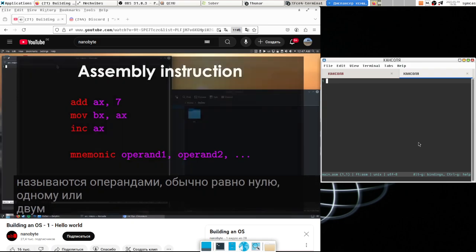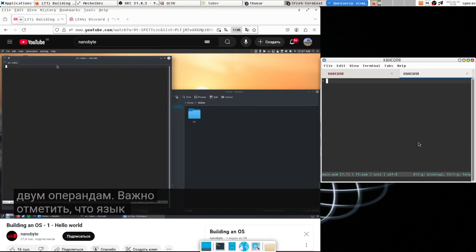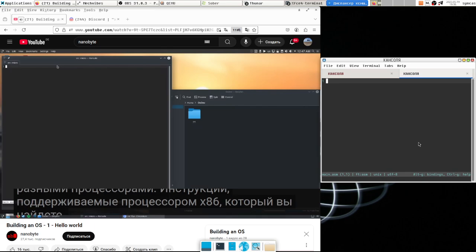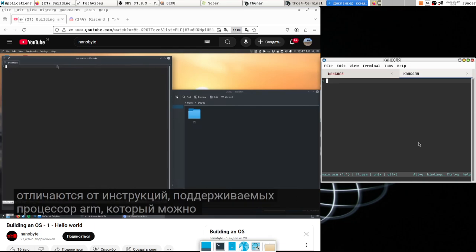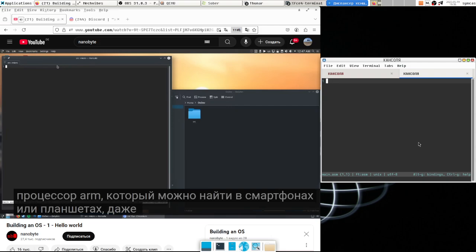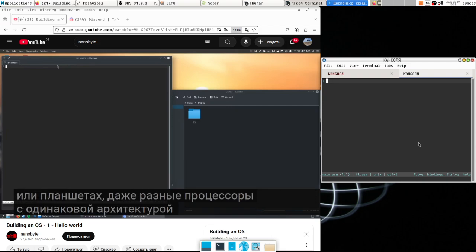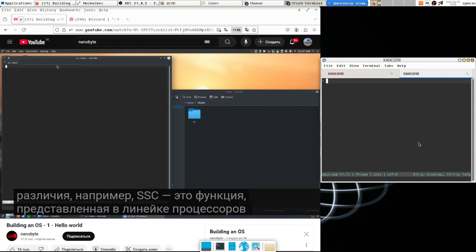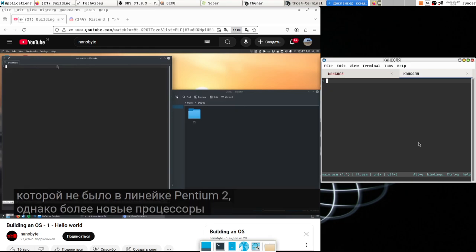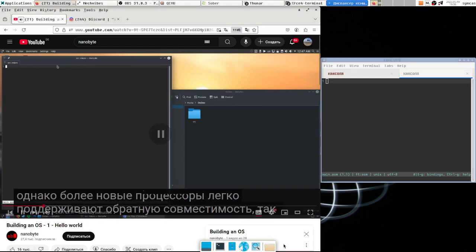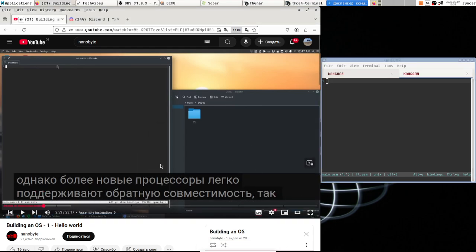1, or 2 operands. An important thing I'd like to mention about the assembly language is that there are differences between different processors. The instructions supported on an x86 processor that you find on laptops and desktops are different than the instructions supported on an ARM CPU, which is found in smartphones or tablets. Even different processors with the same architecture might have differences. For example, SSE is a feature introduced in the Pentium 3 processor line that didn't exist in the Pentium 2 line. However, newer processors usually keep backwards compatibility,